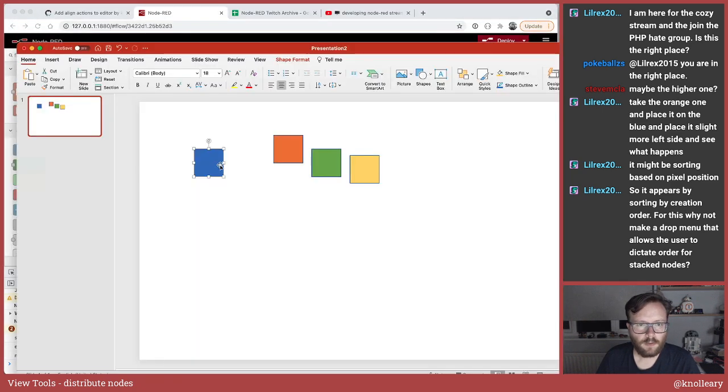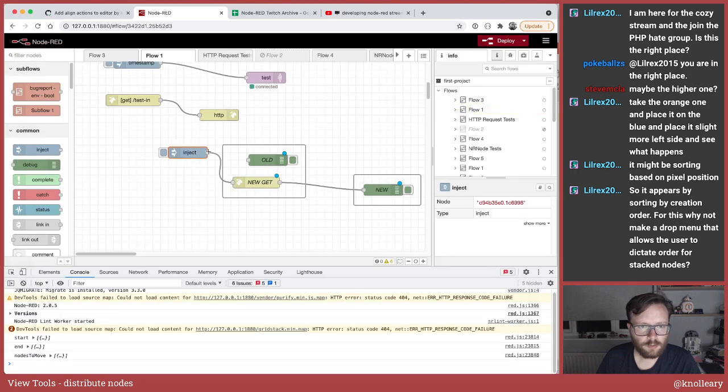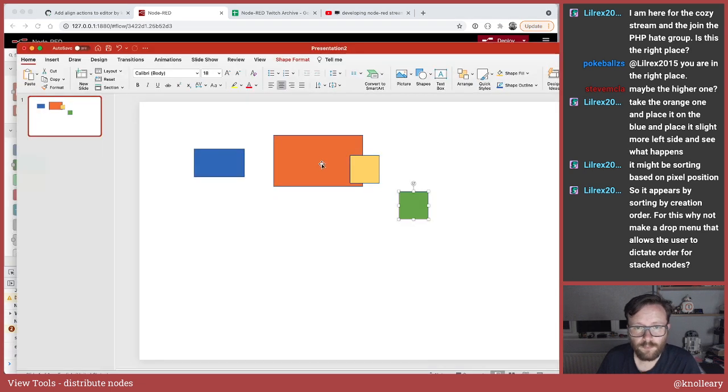why don't we approximate? So that's our inject node. We've then got a biggish group, which, oh, and we can do this on grid cells. 1, 2, 3, 4, 5 cells for that one. 1, 2, 3, 4, 5, 6, 7, 8, 9, 10. So over 2.5 times the width. So this guy is 3.7 centimeters. So if we make this